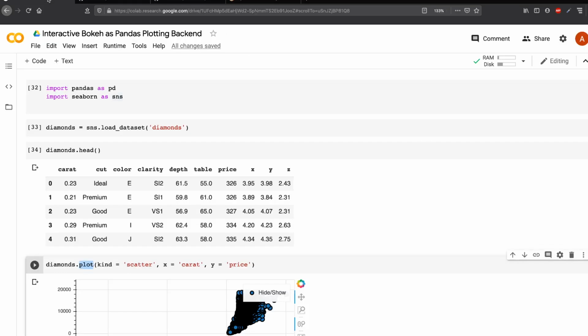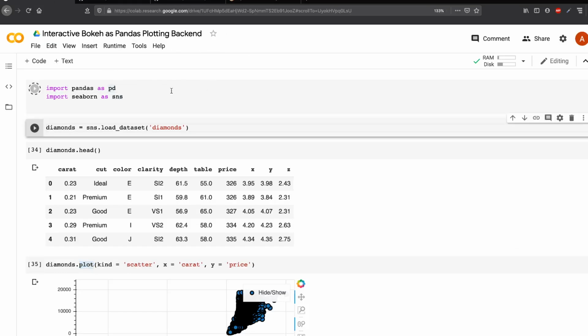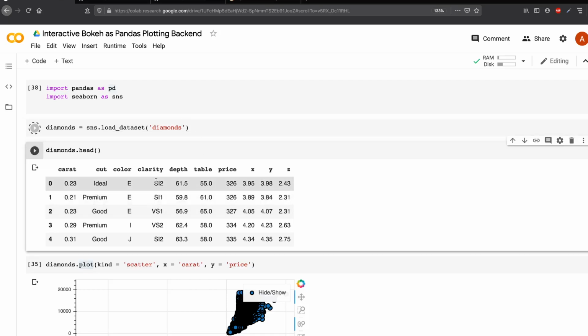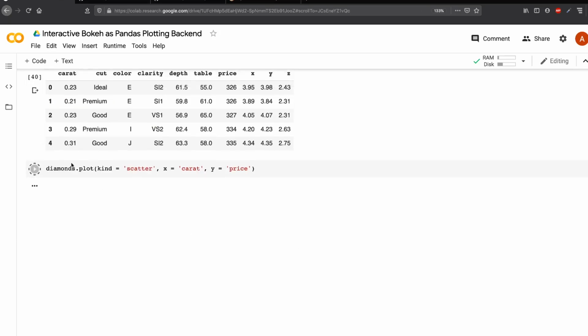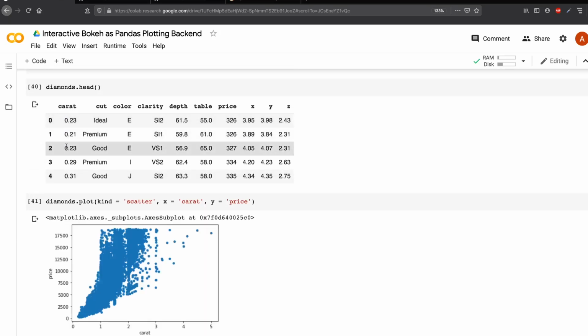So first let's start with the basic visualization. I'm loading pandas and Seaborn, and I'm loading a toy data set, which is diamonds, and this is how diamonds looks like. Let me make a scatter plot using carat as x and price as y. You can see that by default it makes a Matplotlib visualization, and I'm not taking this function from any visualization library. It directly comes from pandas, but in turn it makes a Matplotlib visualization, as you can see here.